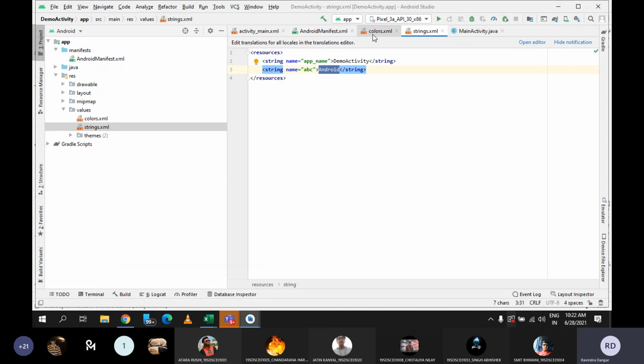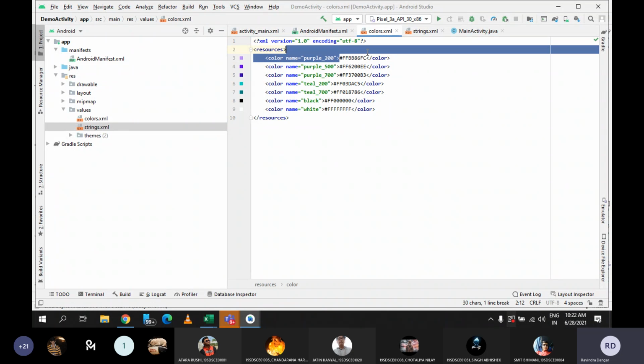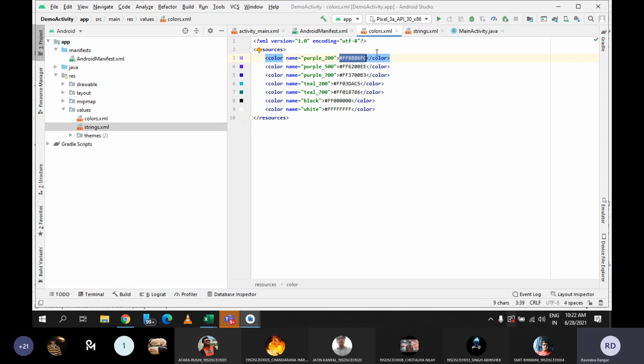And similarly for color also, the file is color.xml. So if you feel that you want any specific color to be accessible everywhere in your application, in that case you can define that color here, so that every time you don't need to search out this hex code, and you don't need to even find the hex code from the internet. If you feel that I need white color everywhere and this is the hex code of white, then you can simply assign that code to this variable white. So everywhere, whenever you feel that you need to use white color, you can simply use this variable, so that you can do your code easily.